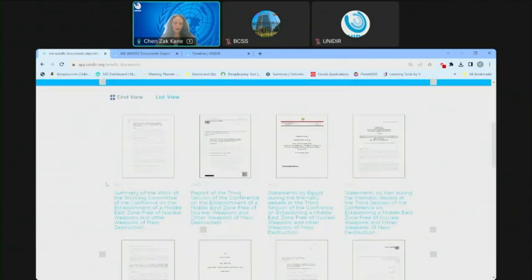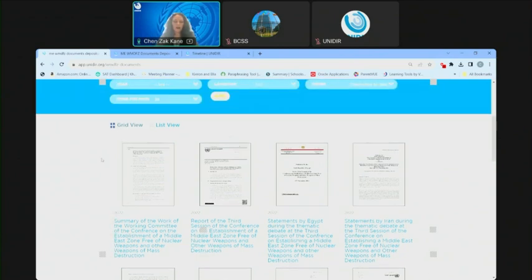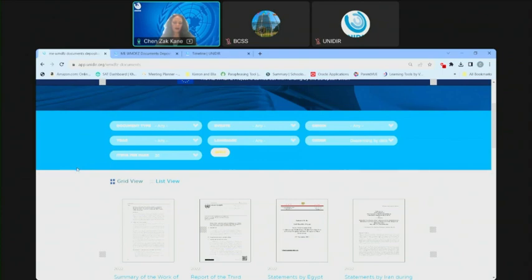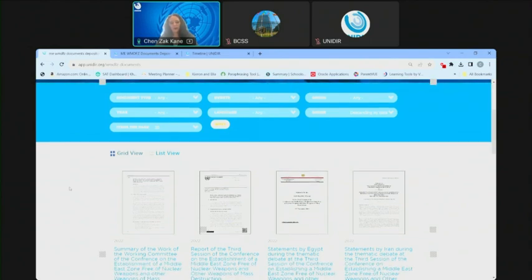And the important thing is that we continue to update it. So you can see, if I had sorted by year, you would have seen more from 2023. So it is a living tool that we continue to upload documents to. And the other important thing that Robin has mentioned is that there are documents that have never been published before,